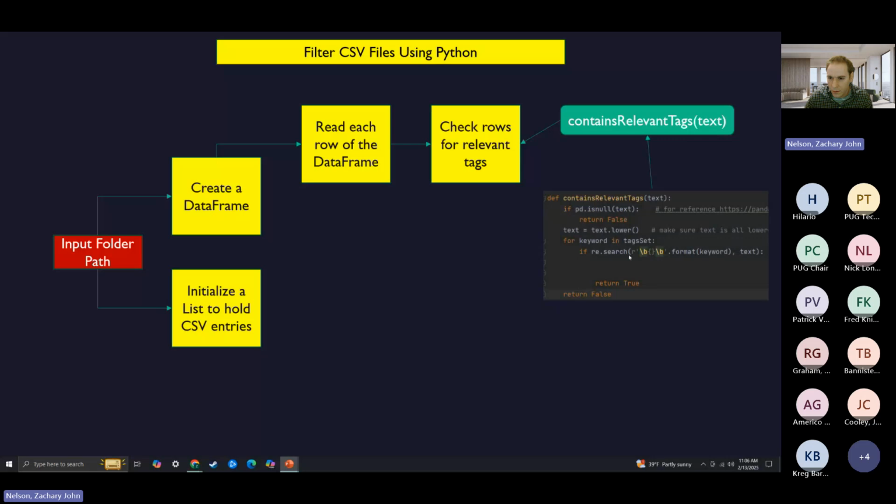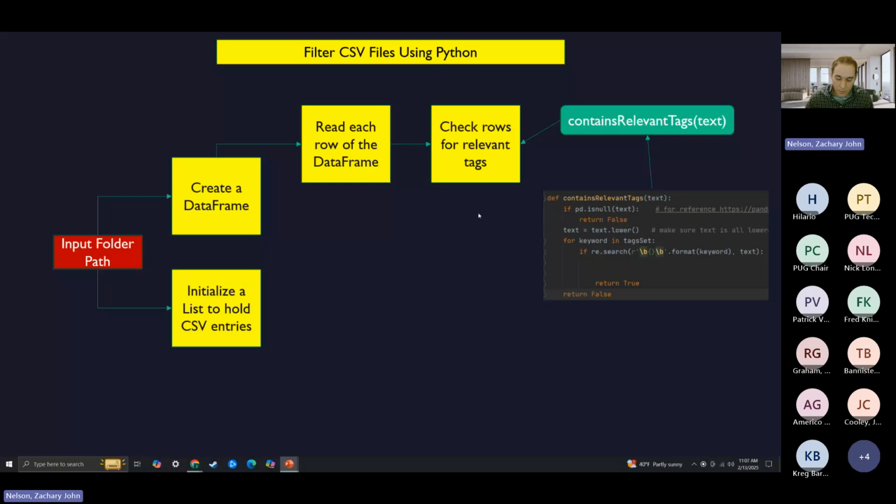And this is kind of the process that we're using. We have a word boundary regular expression. We have a tag set full of keywords, and we're going to be trying to match words from our input to a keyword in our tag set. We also have some problems. Some keywords that we're looking for, parcels, for example, are attached to things like bike path parcels, and we don't want bike path